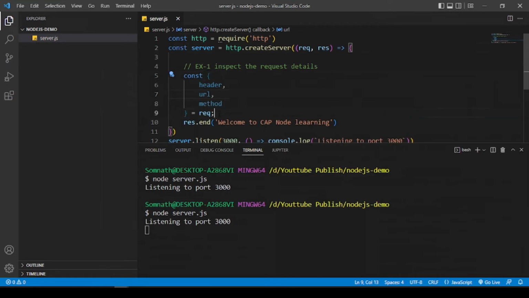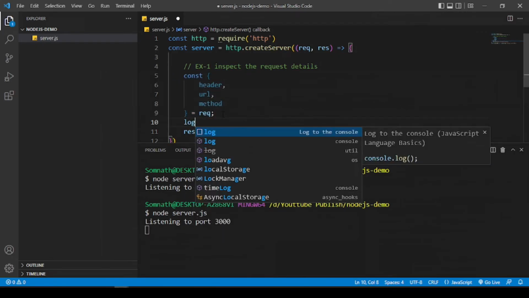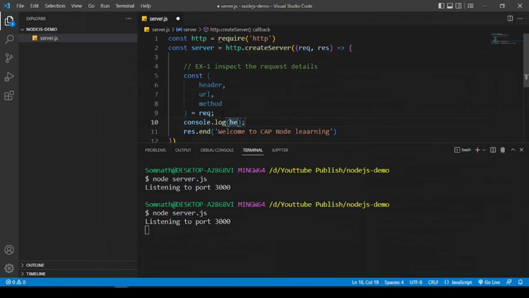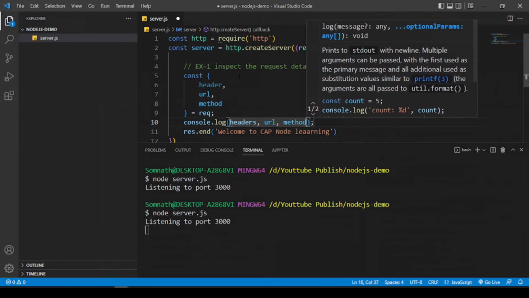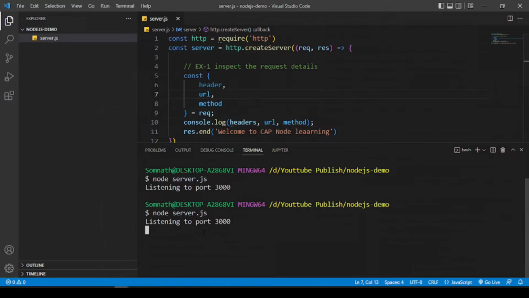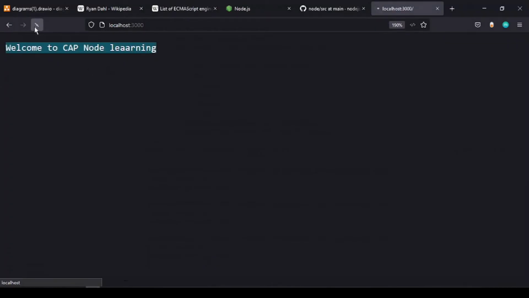So this is what I'm extracting the details from, and now I can do a console log with all those values like headers, then URL, and then method. Okay, so this thing, if we just save it, again we have to restart the server with node server. Okay, again it's running. So if I just make a request, I'm getting this response,